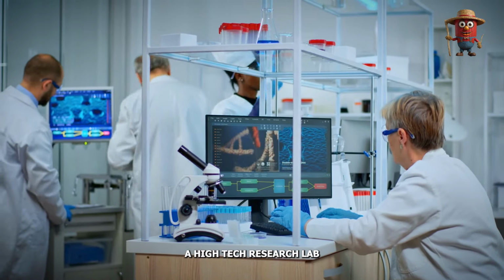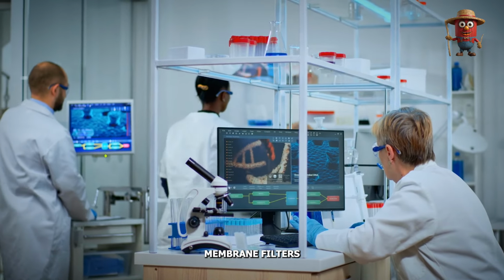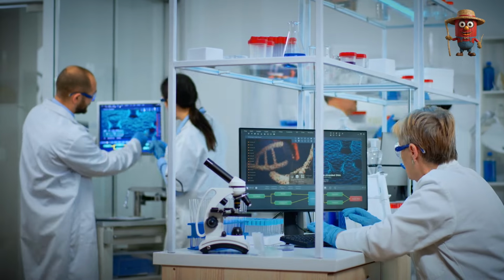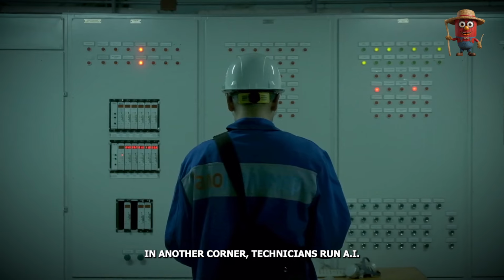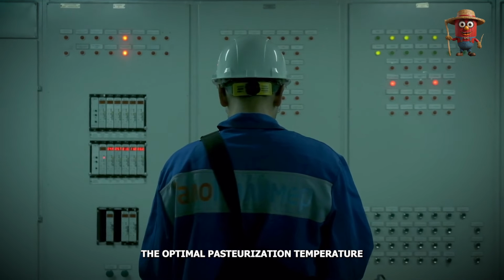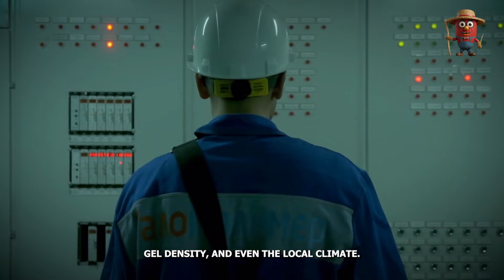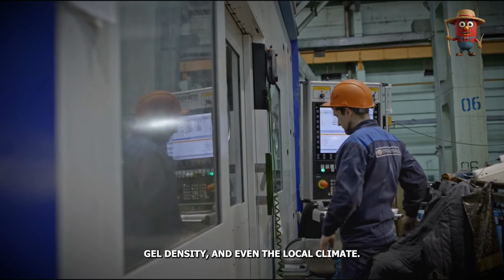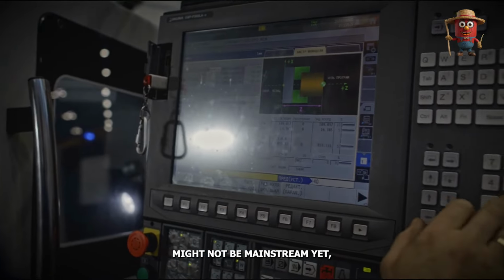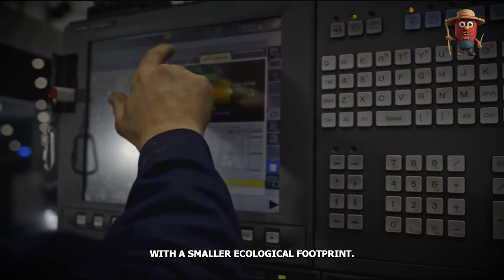Picture a high-tech research lab where scientists are testing prototype membrane filters capable of isolating specific enzymes in aloe. In another corner, technicians run AI simulations that predict the optimal pasteurization temperature based on incoming data about leaf size, gel density, and even the local climate. These breakthroughs might not be mainstream yet, but they pave the way for higher quality aloe products with a smaller